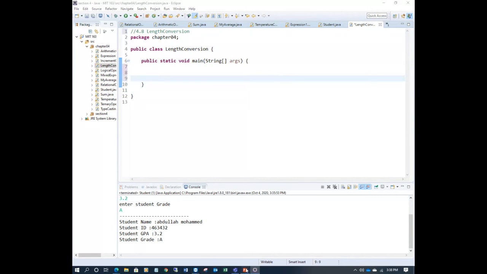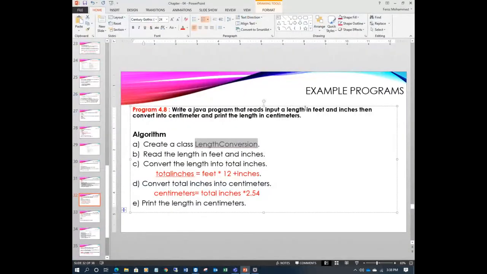Let's see here. Now read the algorithm here, because they give the input length in feet and inches, and they have given two input values, right? One is feet, another is inches. So using the formula, they have given the formula also, right? See here. So use the formula and convert this feet and inches into centimeters. Like height also, you can say height too, right? So like you say length, read the length in feet and inches, right? It means you have to enter the feet, what is the feet and what is the inches.